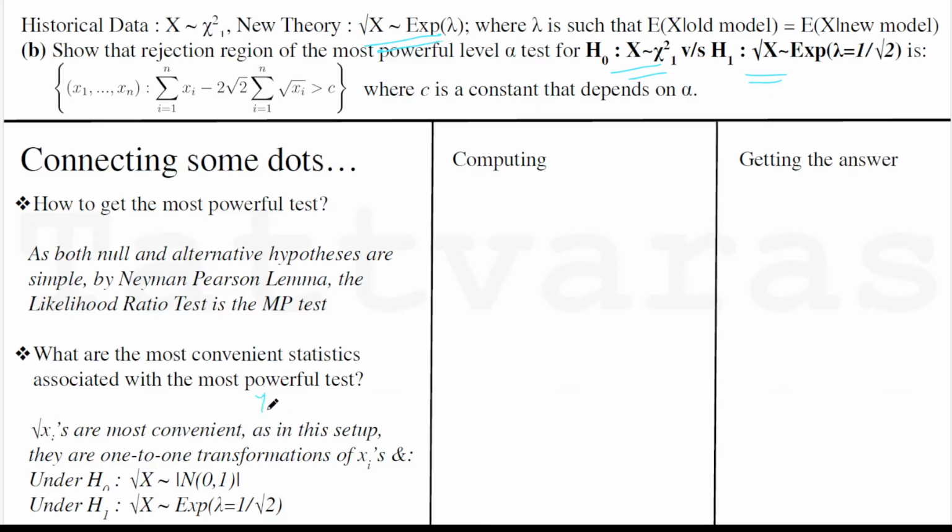If a variable follows normal 0, 1, then the square of that random variable is going to follow chi square 1. It's a very important transformation. And the other way around, you can check it by the Jacobian method: when you have a variable having chi square 1,